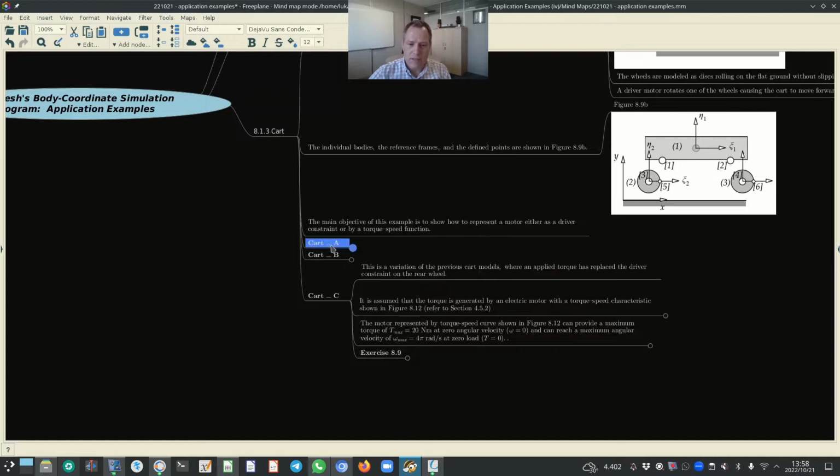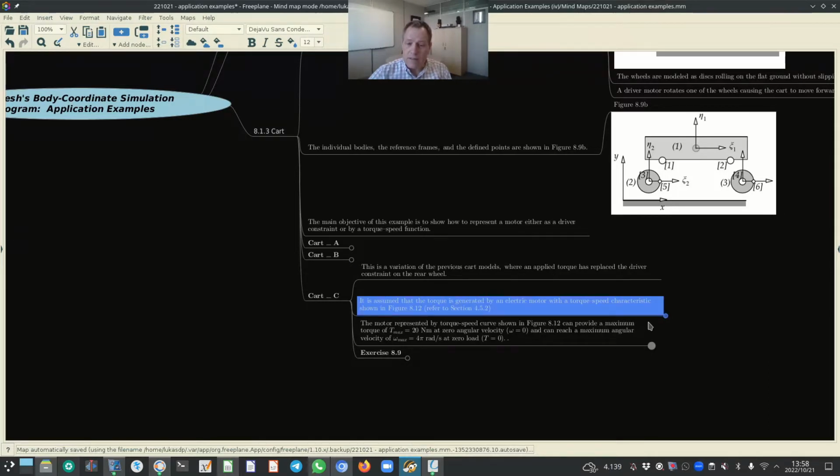So for card A and card B, we had different driver constraints for this rear wheel being body number 2, and now we are replacing those driver constraints with an applied torque. So it is assumed that the torque is generated by an electric motor with a torque speed characteristic shown in figure 8.12, and we will also be looking at section